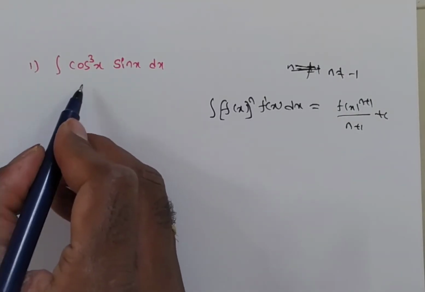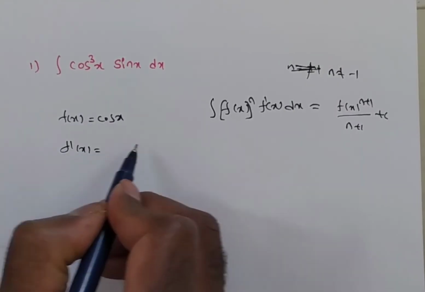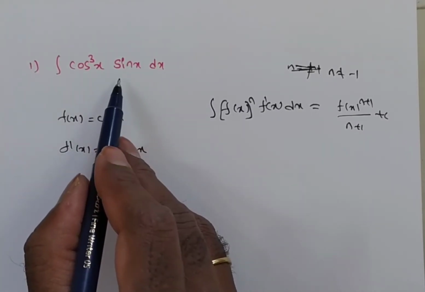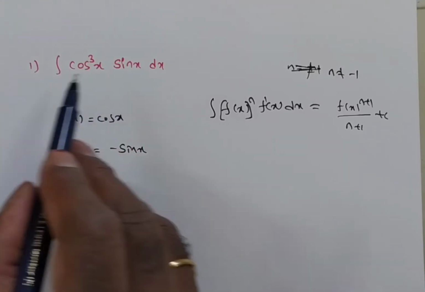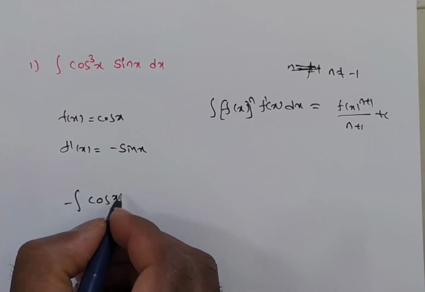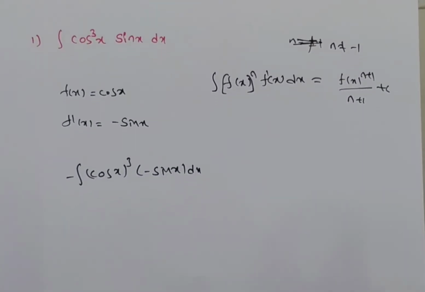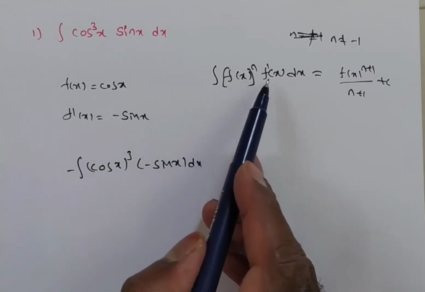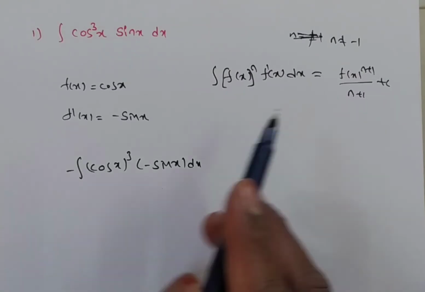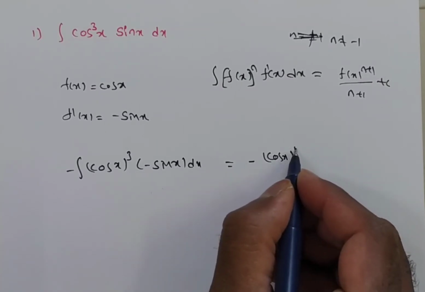Now you observe, if I consider f of x equal to cos x, then what is f dash of x? f dash of x is minus sin x. So now you observe, this cos x derivative is minus sin x. Sin x is there, but you don't have a negative sign. So multiply twice. That's it. Now you see the integral of minus cos x whole cube into minus sin x dx. Can I write like this? Yes or no? Now you see this is in the form of bracket power n into bracket dash. This cos x derivative is beside. Yes or no? Yes. So what can you say? Bracket power plus 1 by power plus 1. That is minus cos x whole to the power of 3 plus 1, meaning 4, by 4 plus c.